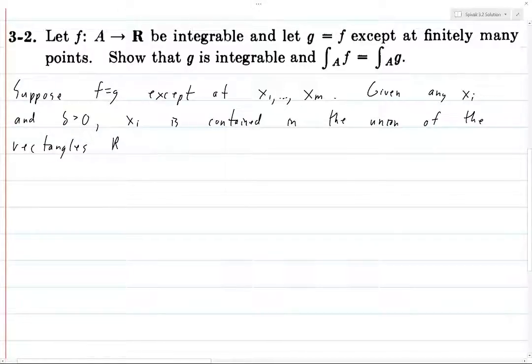So this is Ri comma 1, that's the first rectangle. I'll just call these Rij for now, until we know how many there are. These are of the form: we take the product of I1 through In,